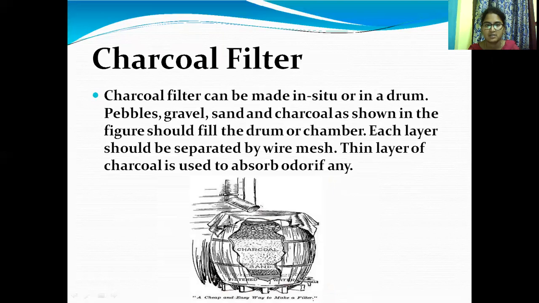And the next one is the charcoal filter. This is another method for filtering. The filter can be made in a drum with pebbles, gravel and sand. This one has pebbles, charcoal and sand, and this is also a filter. Each layer should be separated by using wire mesh. The sand filter consists of a coarse sand layer of 8 mm to 10 mm and a gravel layer of 20 mm to 30 mm, with pebbles provided. The charcoal filter is made of a drum, wire mesh, charcoal and a water-absorbent.